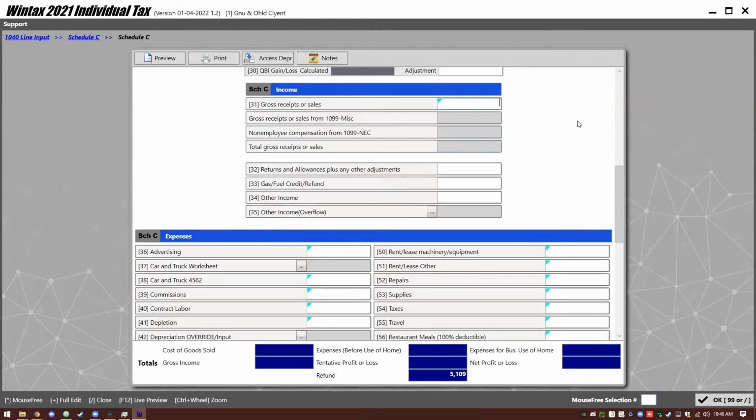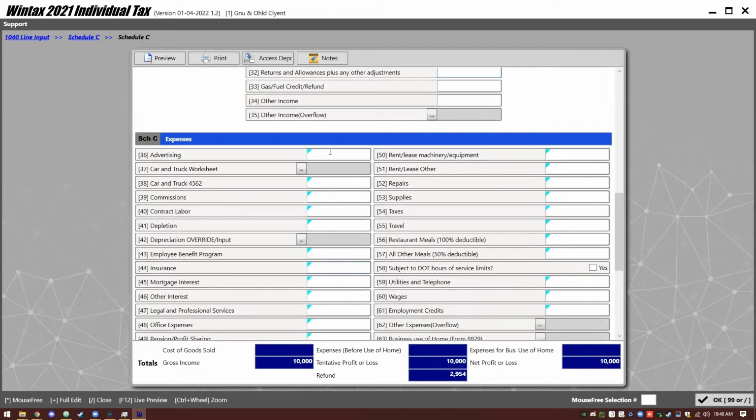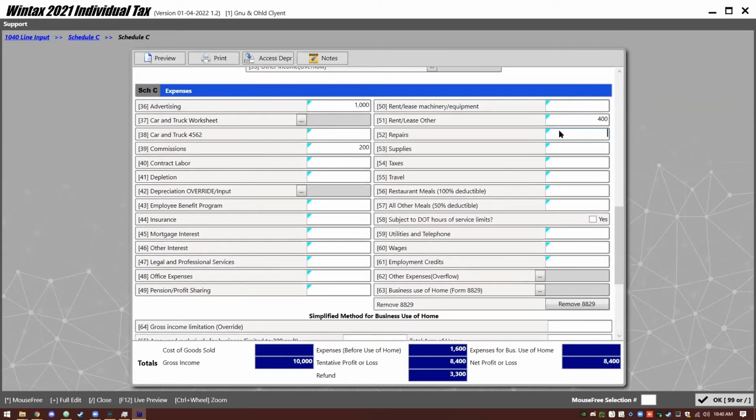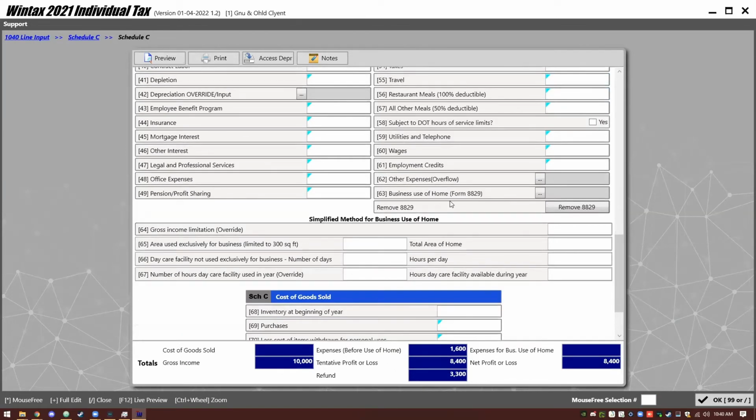Down here, we'll put in some income. So let's say they've made $10,000 from this. And then we can put in some expenses. We'll put in, I don't know, $1,000 in advertising, $200 in commissions, $400 in rent. And then let's say we wanted to use, actually, rent is a bad idea. So let's get rid of that. We'll put that in repairs instead. Let's say we wanted to use the business use of home. Let's say this person is working